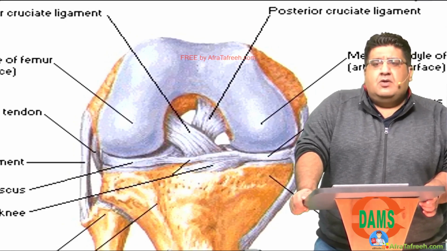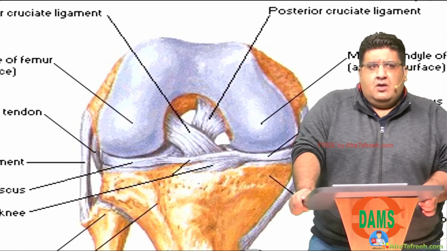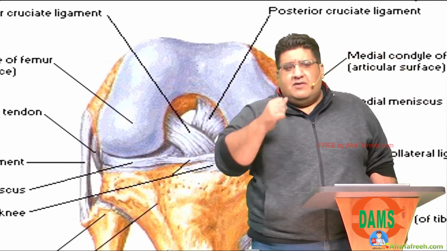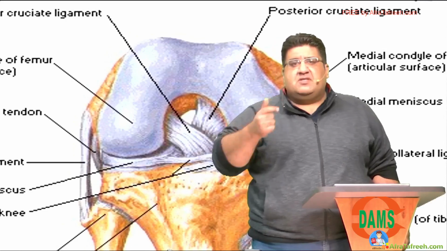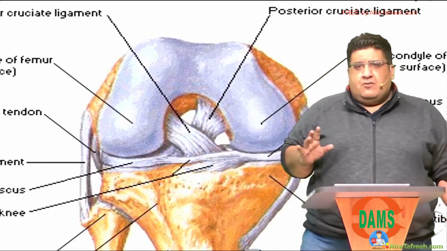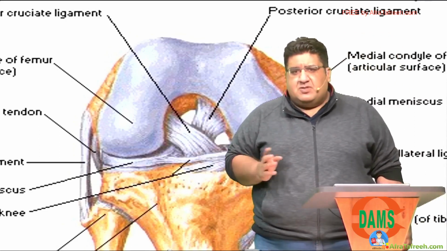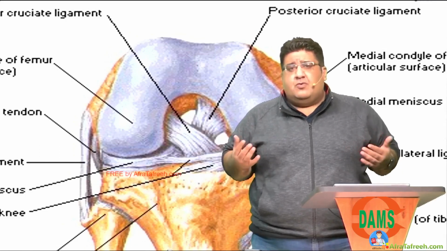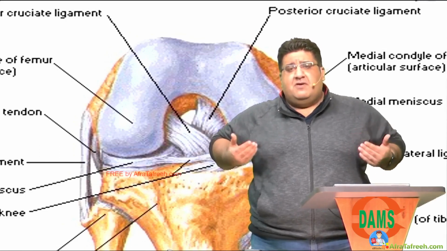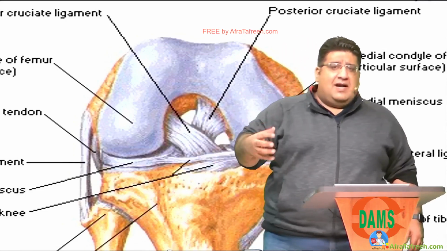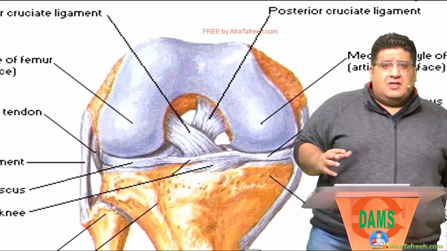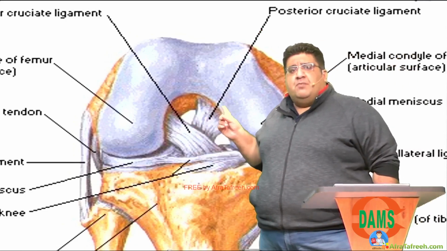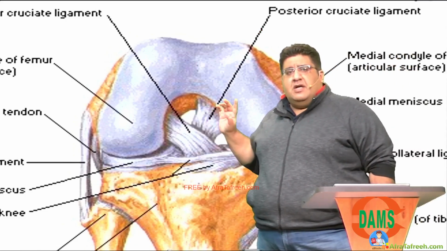Now on an MRI, you can visualize both the ligaments. As an orthopedic surgeon, I don't have anything to do with this. I'm not even bothered about this difference which I've just taught you, that PCL is 1.5 times thicker or broader than ACL. To tell you very honestly, it doesn't make any difference to my life when I'm operating a knee. Similarly, on an MRI, PCL will be slightly better visualized as compared to ACL.